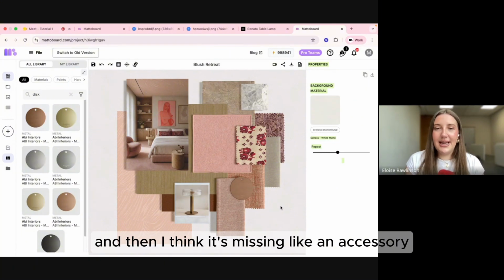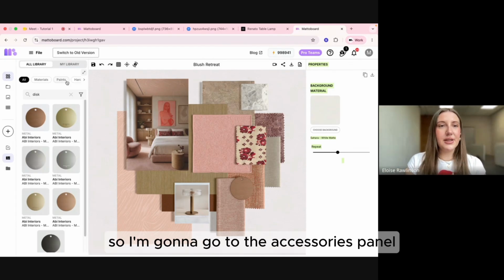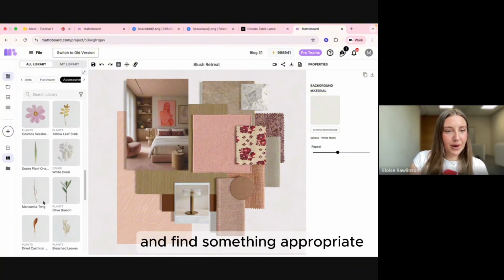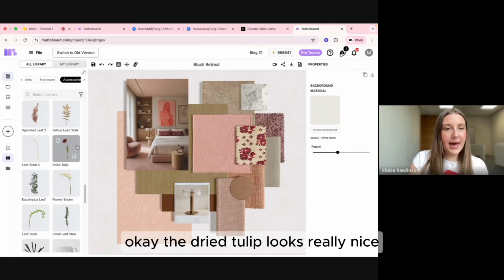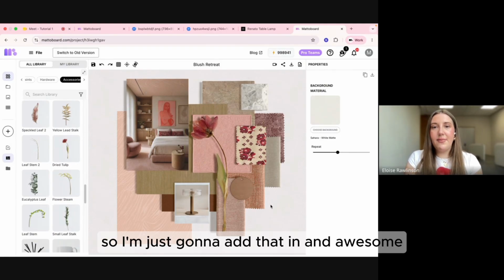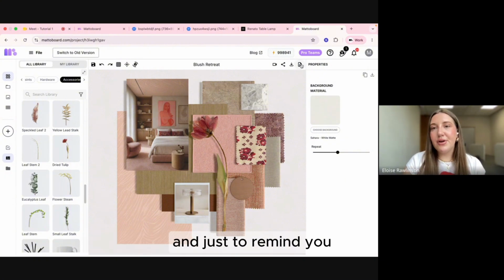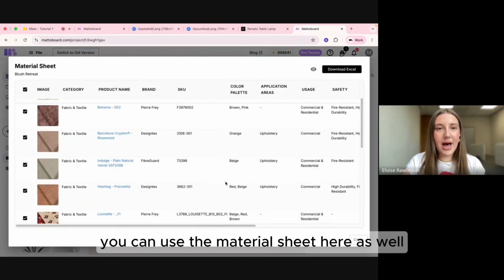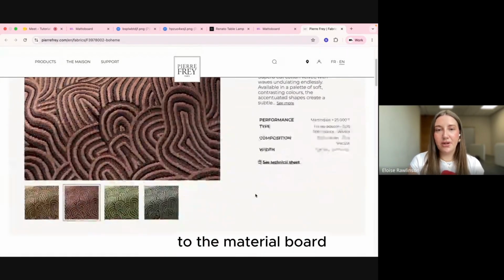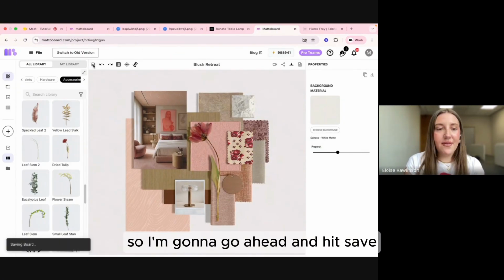And then I think it's missing an accessory just to overall give it an elevated look and feel. So I'm going to go to the accessories panel and find something appropriate. Okay, the dried tulip looks really nice, so I'm just going to add that in. And awesome, I feel like that's a really nice well-rounded palette. We have all the materials in there, and just to remind you, you can use the material sheet here as well to link out to any material that you have added to the material board to then source if you want to do that. I'm now finished with this, so I'm going to go ahead and hit save